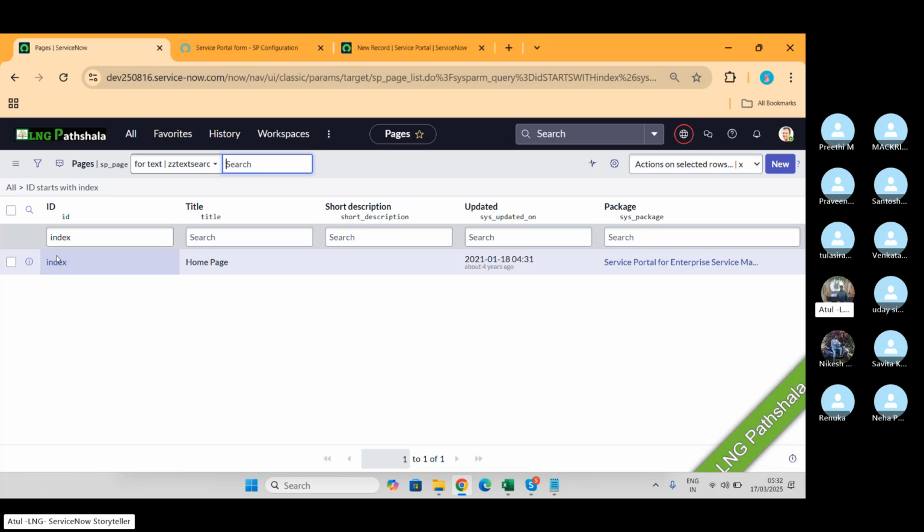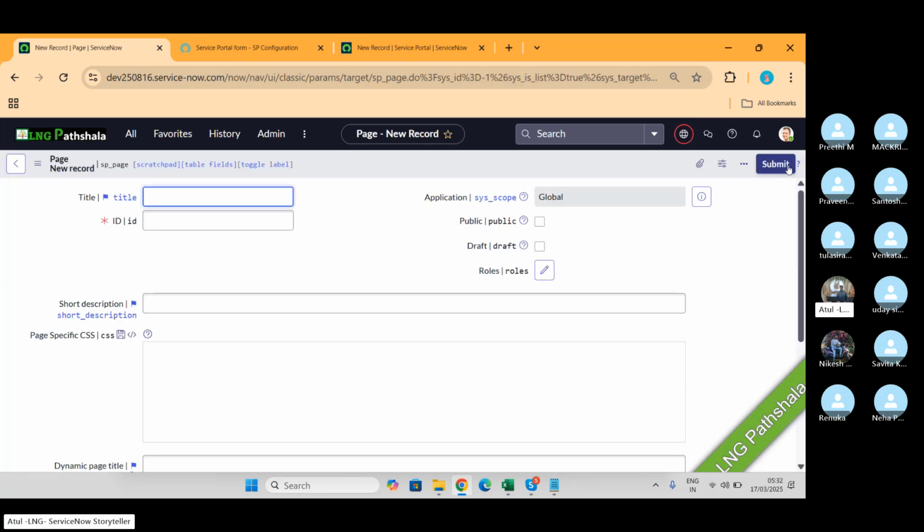We have no issues, but to design a new page, you must have coding experience. CSS, HTML, JavaScript, JSON, you must know. Only then can you create the pages here. Or we can use the out of the box pages as well.